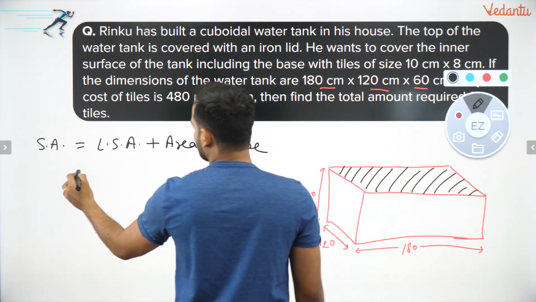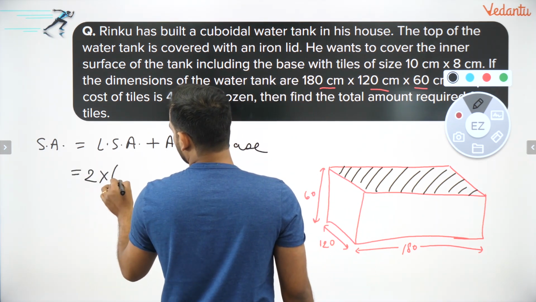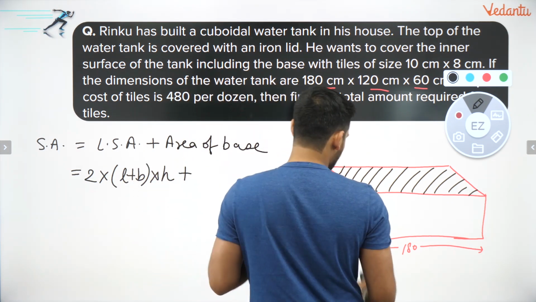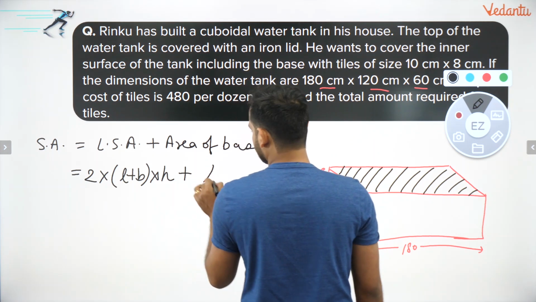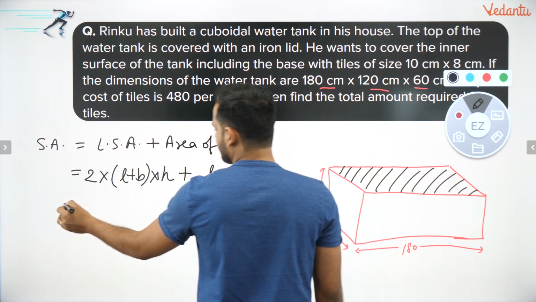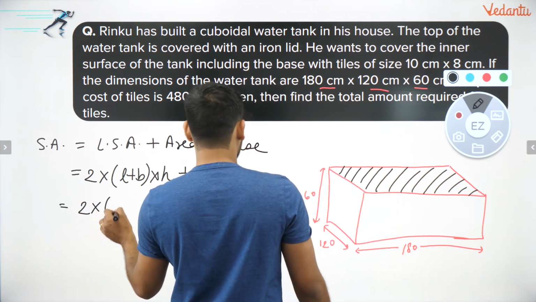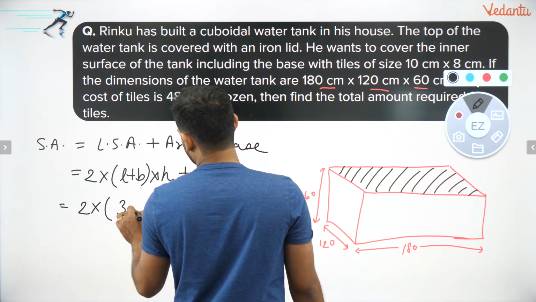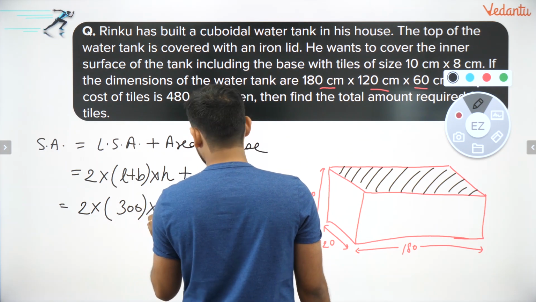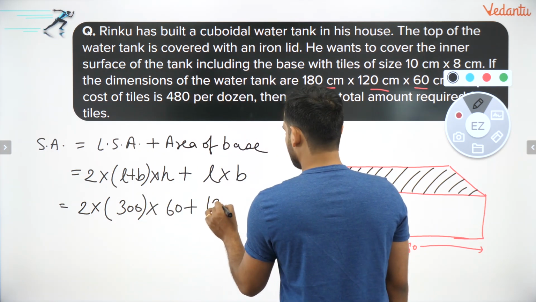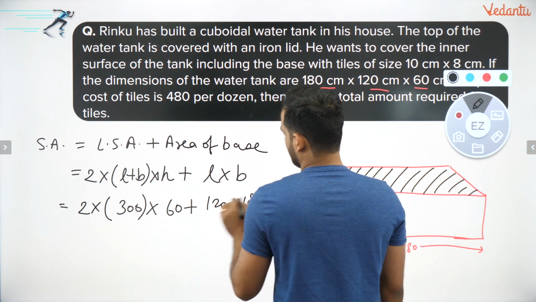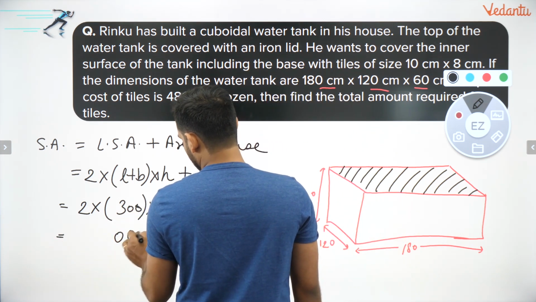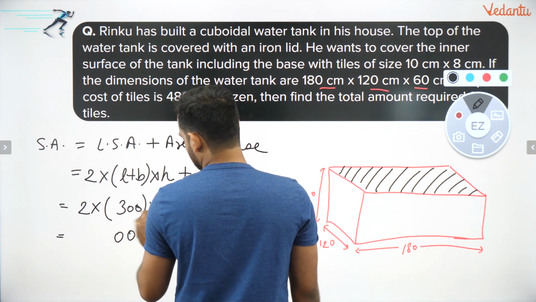Lateral surface area, bacho, we know is 2 into (L plus B) into H, plus area of base, which will be length into breadth. So let's calculate: 2 into (180 plus 120). 180 plus 120 will be equal to 300, into height, which is 60, plus 120 into 180. So the total area we are getting is